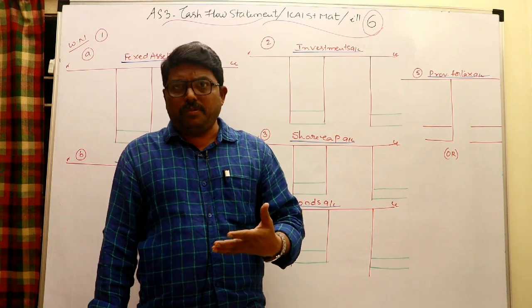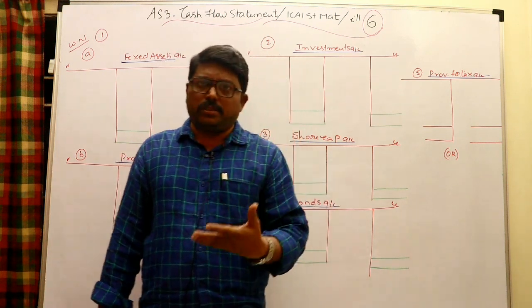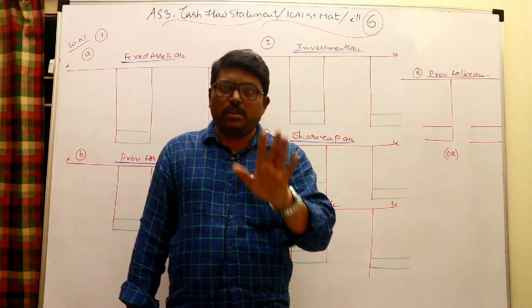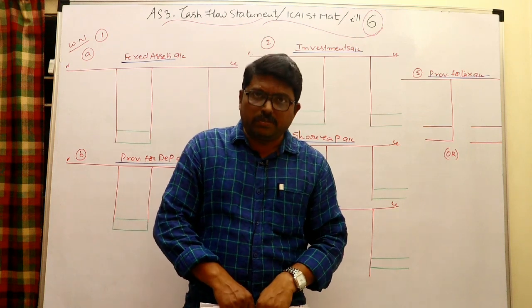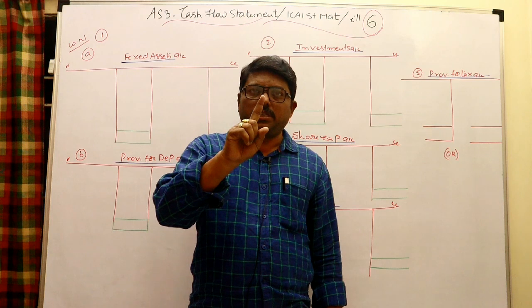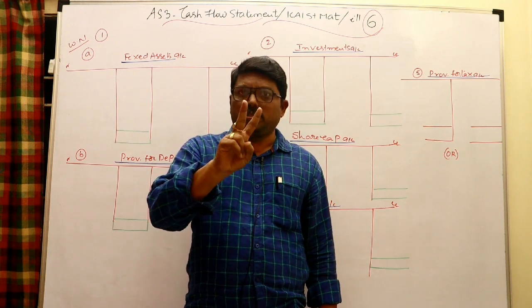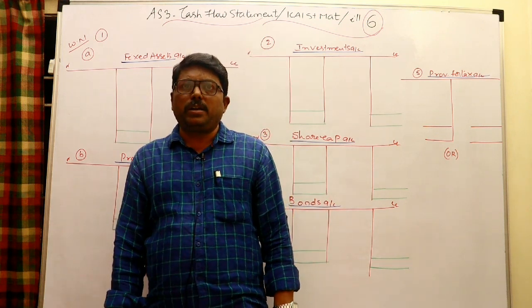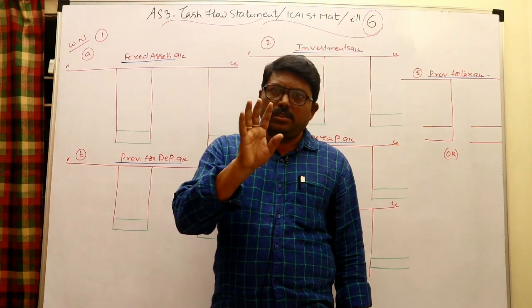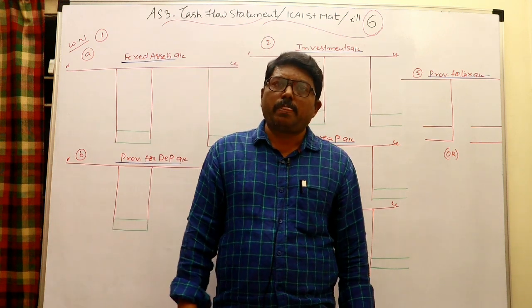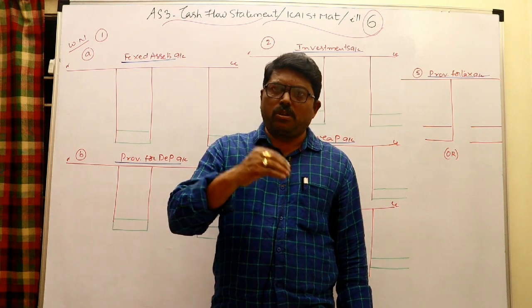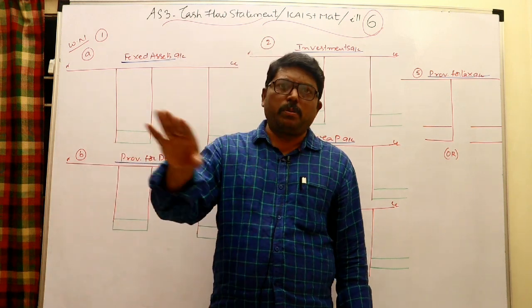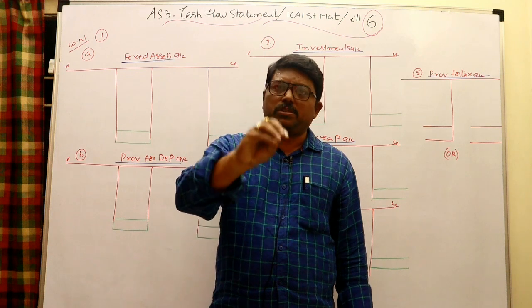Whatever information I am giving right now will be useful till the last sum. So, while doing the cash flow statement, in working notes, what accounts are required? I will repeat once again. Go to the asset side: have a fixed assets account and an investments account, that's all. No need to maintain any current accounts. Why are fixed assets and investments accounts prepared? To know whether there is any purchase or sale of assets or investments. If you are following a provision method, you may also have the provision for depreciation account. As I said, in this problem we need not prepare the fixed assets and investments accounts, because purchases and sales are already given.